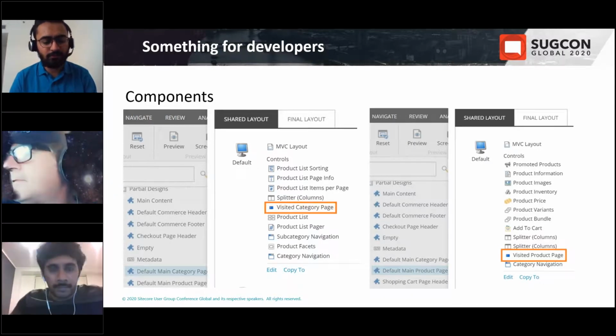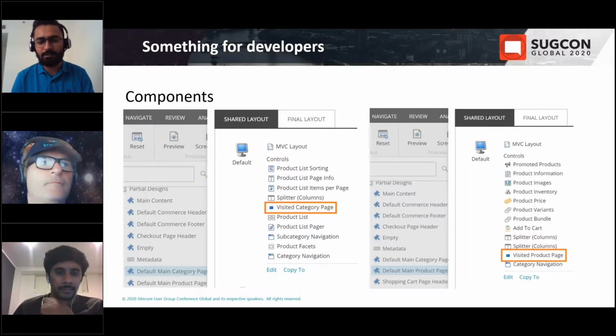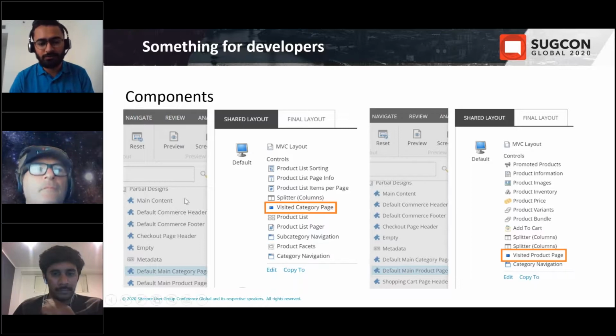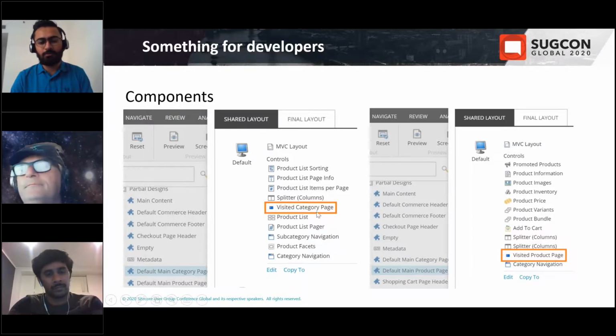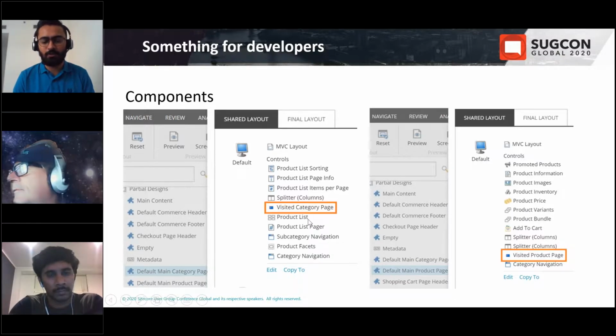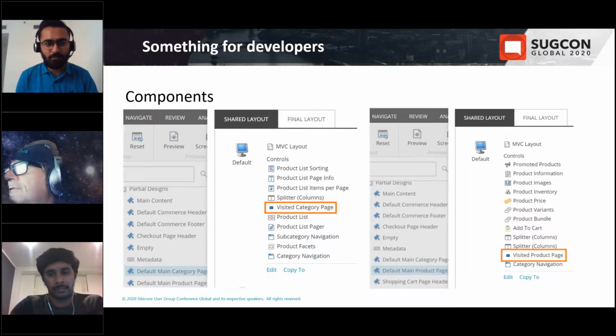Similarly, for all the other information like cart and order, we will not have specific components, but those will be part of different components we get out of the box with storefront commerce. For example, the add to cart component and mini cart component, which have functionality to remove and update the cart.